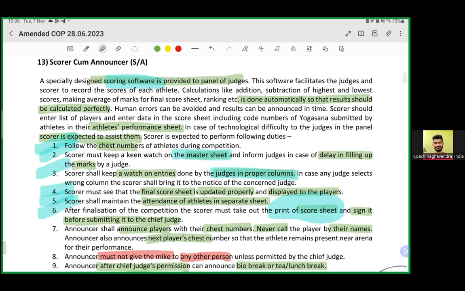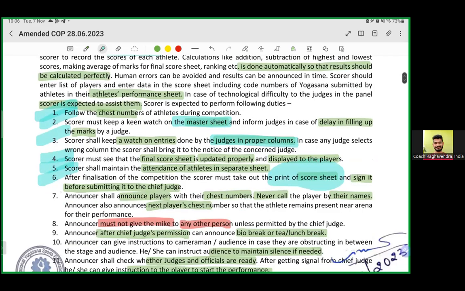The announcer also announces the chest numbers. He never calls with the name. Let's say there is a chest number of a particular athlete. He needs to call with that particular chest number only. He should not spell the name outside. This is to